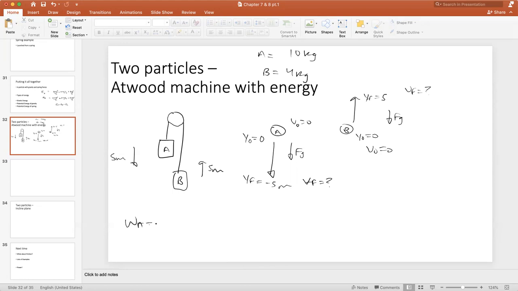So the work done on A is positive, and the work done on B is negative because gravity has to raise B up, or B is being raised against gravity. But out of all that, you really just need to write down the energy at A is M_A g y_A plus... let's call this position 1, and this is position 2 for A, and this is position 1, and this is position 2, and I'll call this energy 1, plus M_A v